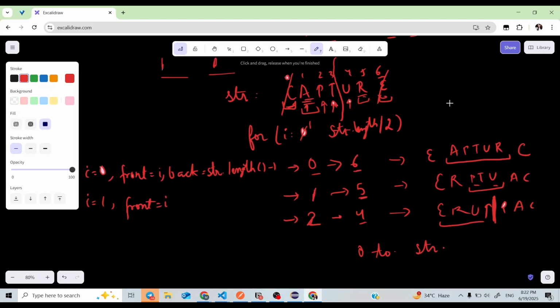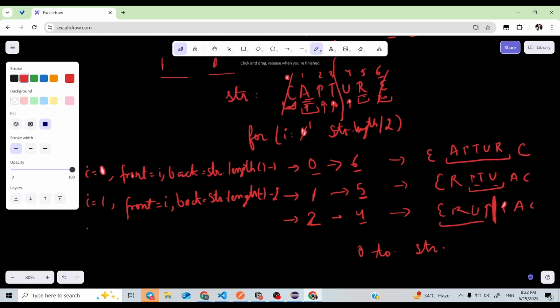So in this program, my front will be i only in each iteration. But my back is changing. My back will now be string dot length minus 2, that is 5.